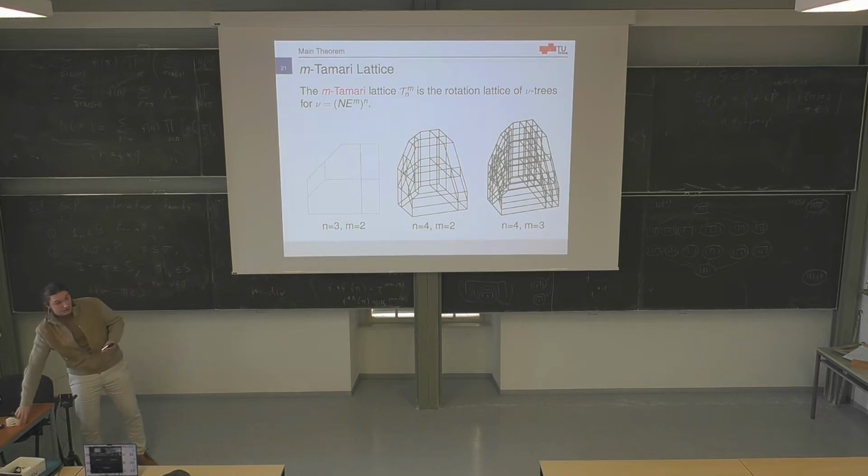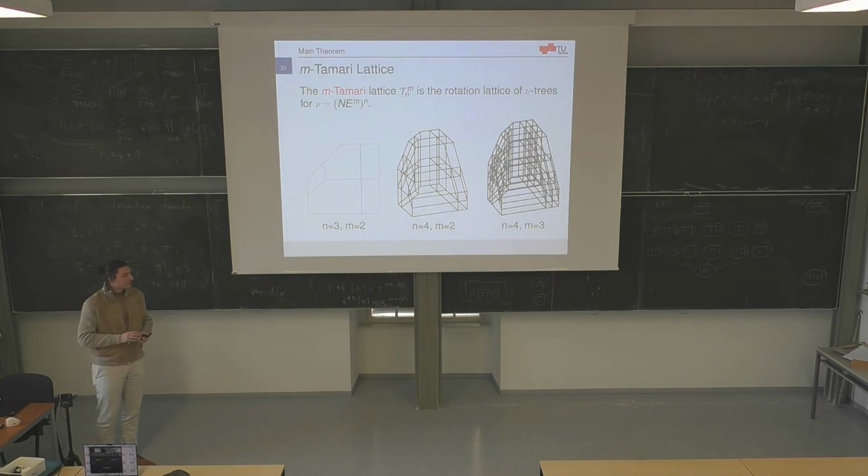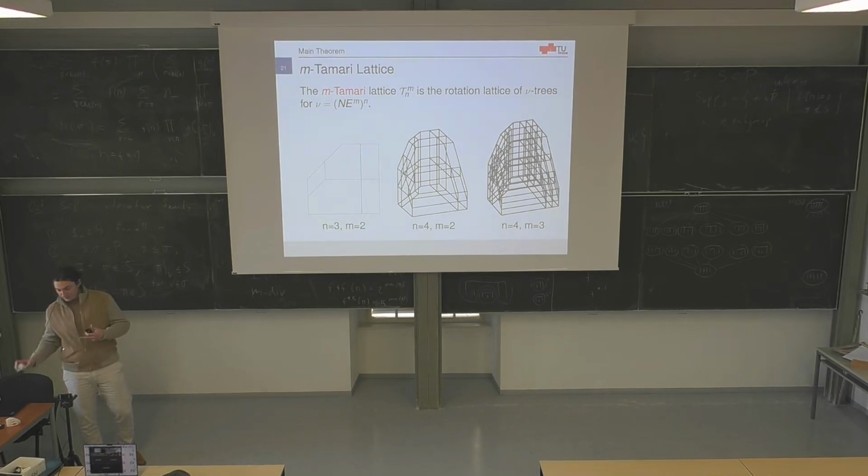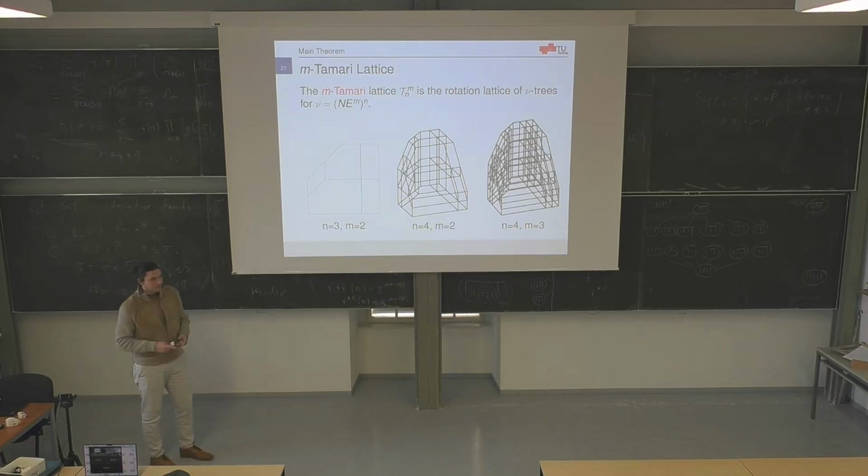And there are canonical realizations of these v-Tamari lattices. I have some 3D models if you're interested, so you can have a look at the 3D models in the coffee break. They are the canonical realization. You can have a look and you can count. We find some Catalan numbers there.